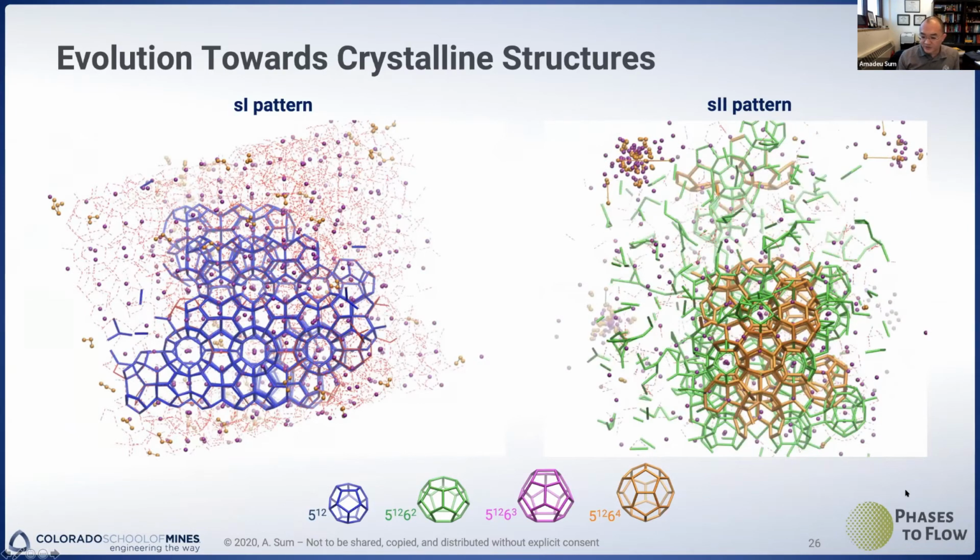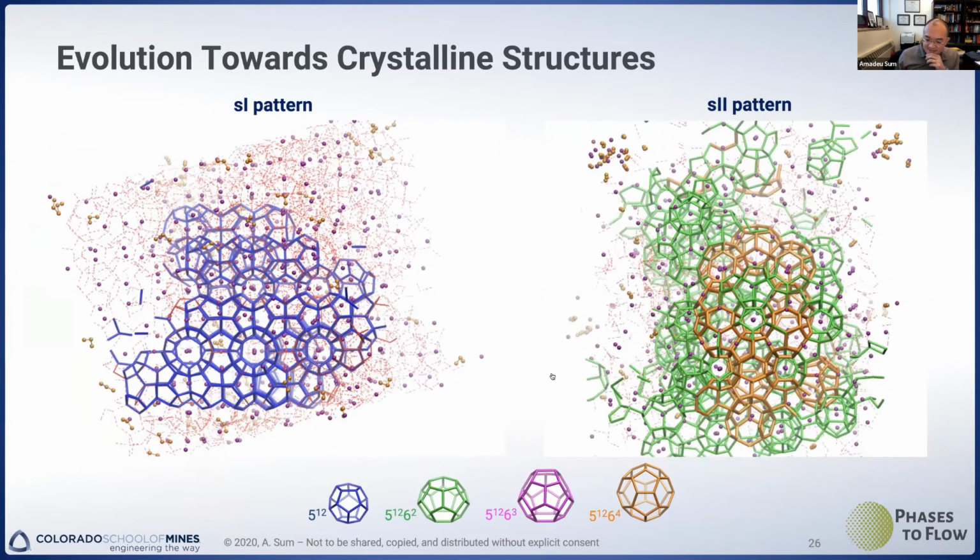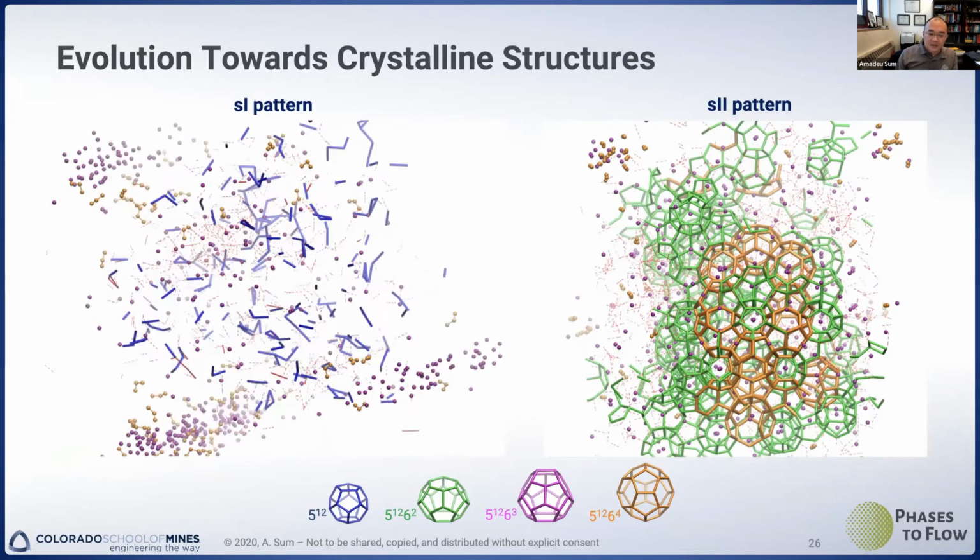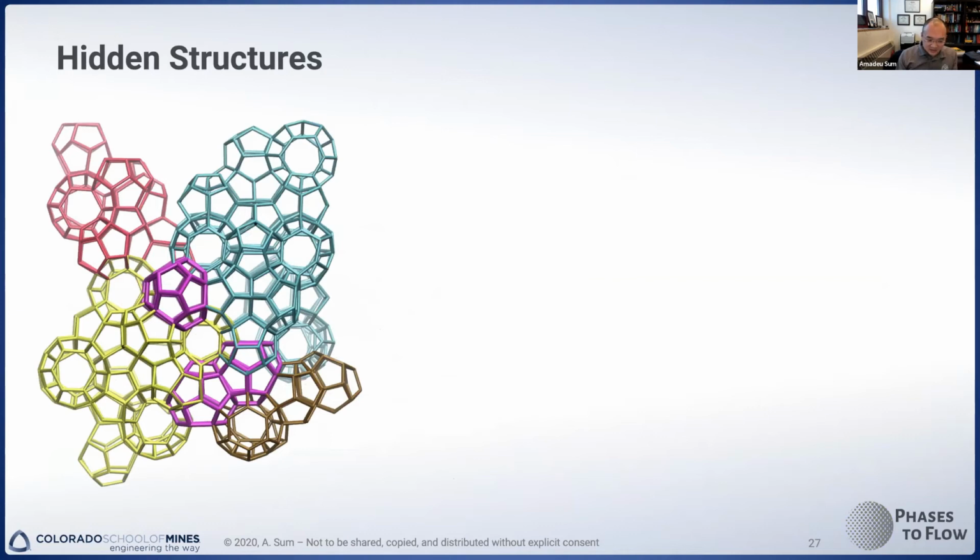And so these are fairly large clusters, which is, again, unlike many other cases that have been reported previously, where mostly it was an amorphous structure. Right? Now, by looking more closely at these simulations, at what kind of cages were formed, we see something like this, right? And what is interesting about this is that